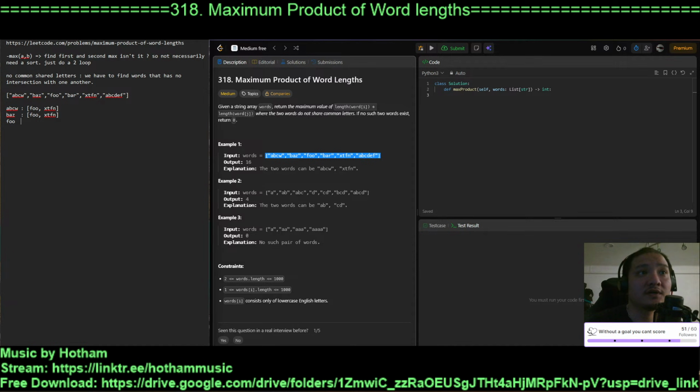Then foo will probably have ABCW. Bars, bar, XDFN, and oh no, not XDFN, something like that. And then bar will have